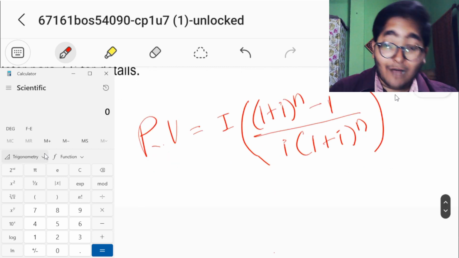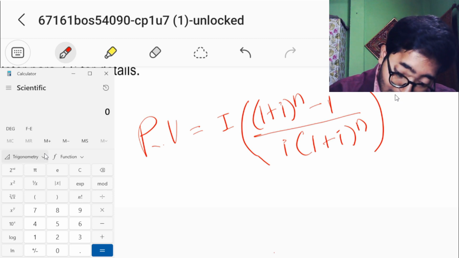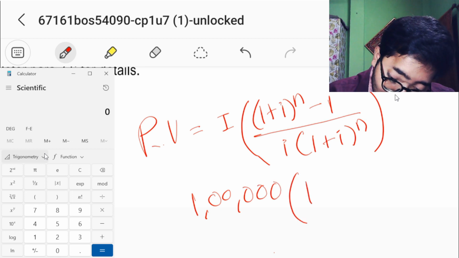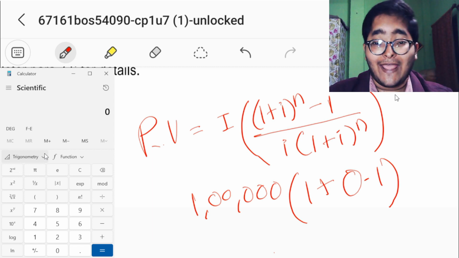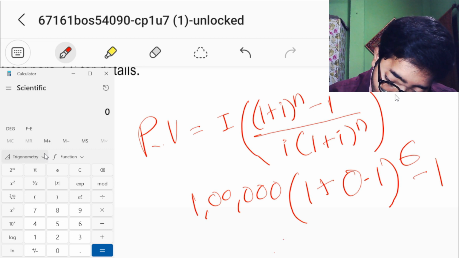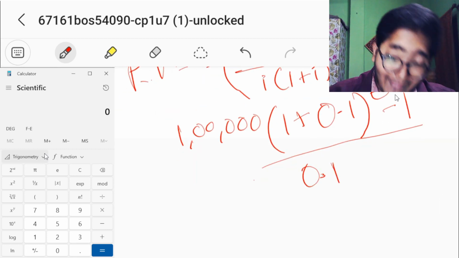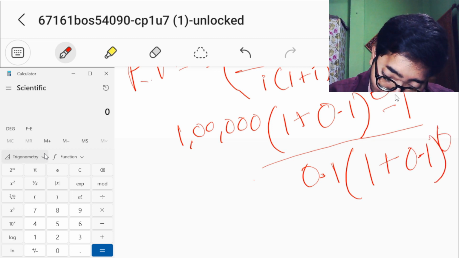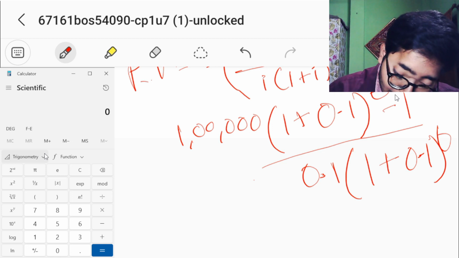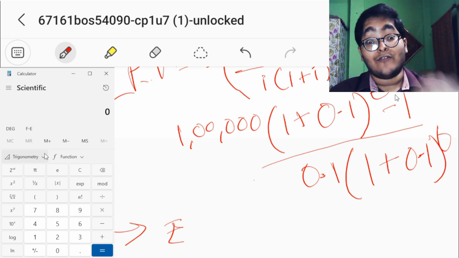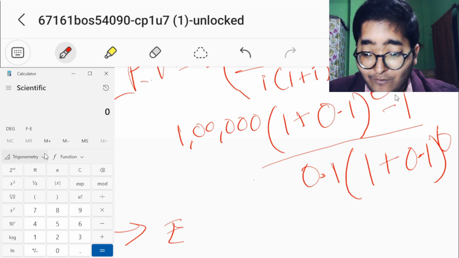हम लोग को मशीनरी का प्रेजेंट वैल्यू कैलकुलेट करना है। तो हम लोगों का ईयरली इनकम है 1 लाख रुपीज पर एनम। 1 प्लस आई, हम लोग का इंटरेस्ट है 10%, उसके मतलब 0.1 टू द पावर n। n नंबर ऑफ इयर्स, 6 इयर्स के लिए हमारा कैलकुलेशन है -1 डिवाइडेड बाय 0.1। i इंटरेस्ट रेट, इसीलिए 0.1 इंटू 1 प्लस 0.1 टू द पावर 6, ये वैल्यू आ जाएगा। तब हम लोग कैलकुलेट करते हैं इस मशीनरी का प्रेजेंट वैल्यू क्या होने जा रहा है। ये आएगा रुपीज में, क्योंकि ये रुपीज 1 लाख का कैलकुलेशन है।